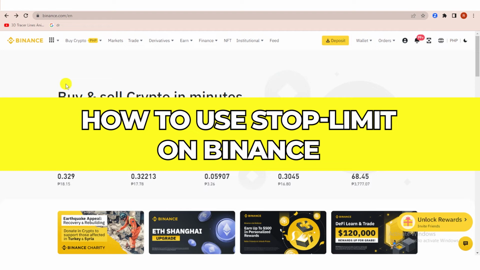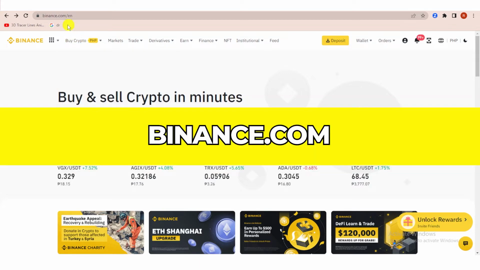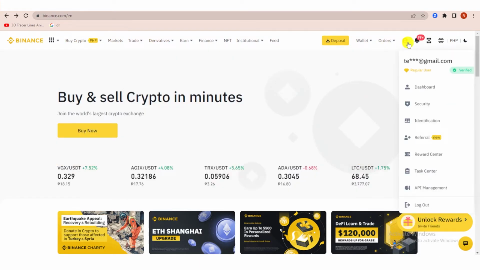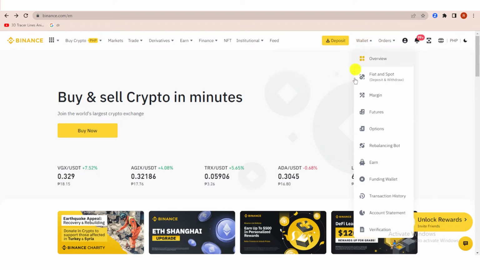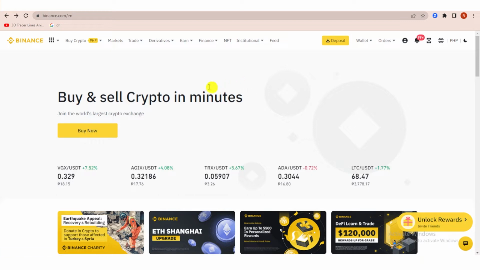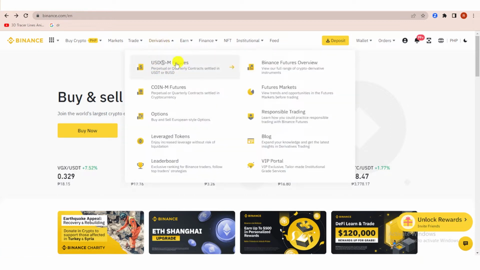In this quick video, I will show you how to use stop limit on Binance step by step. So the first step is to go to Binance.com and then log in. Once you have logged in, make sure that you have your funds in Futures Wallet. And once you have your funds in Futures Wallet, go to derivatives here and choose what options you're going to